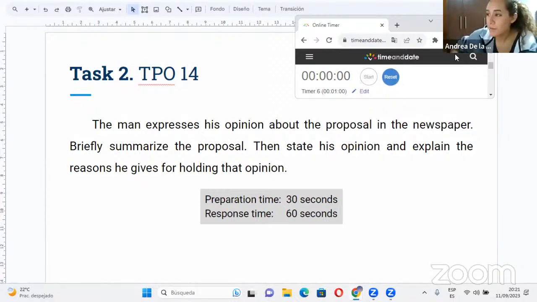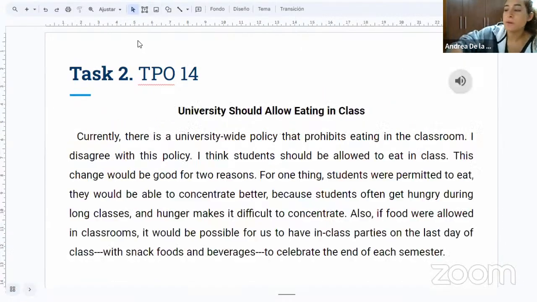Okay, Jimena, not bad. You started really well. You had the correct idea and you explained it well. Careful with the grammar part. The future tense of there is, there are, there will, well, in this case, you said will be able to concentrate without the subject, right? So students will be able to concentrate. I think it will be the negative form. Students will not be able to concentrate in any case. Remember that it's always going to be the opposite of whatever you had in the reading.